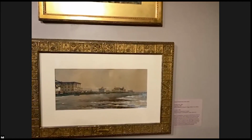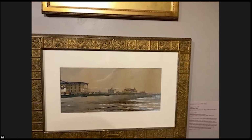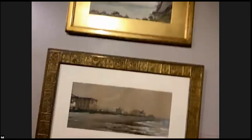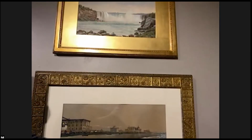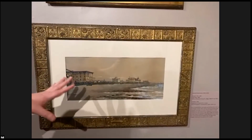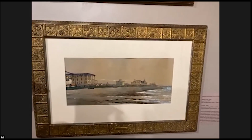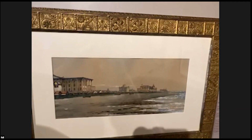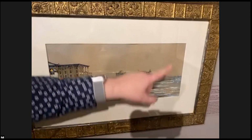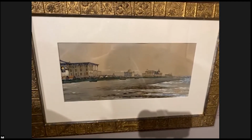And he seems to have created a great number of watercolors, so water-based media on paper. And the paper is almost always in these long panoramic formats. I don't know, perhaps one of you knows, let me know if you do, but pads of paper at this time probably would have come in pre-cut sheets. And I'm feeling like he was using a very specific pad of watercolor paper, again, another kind of industrial product,